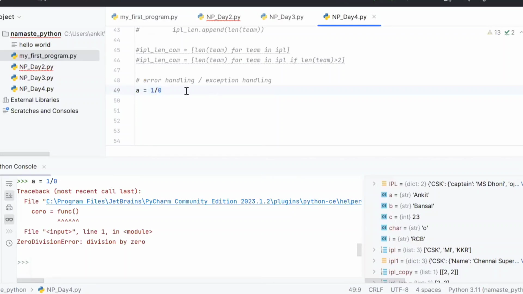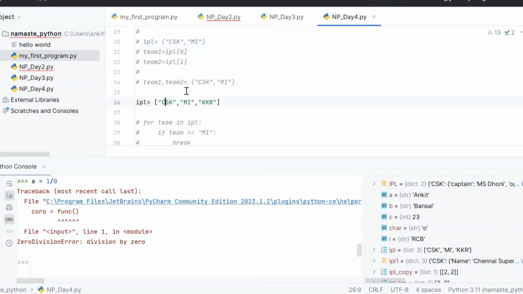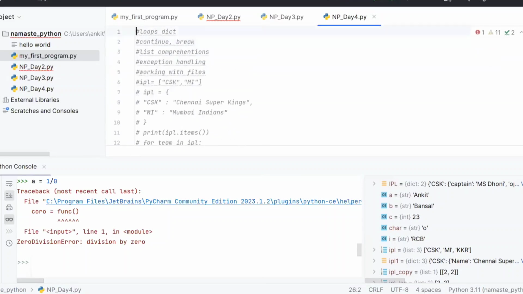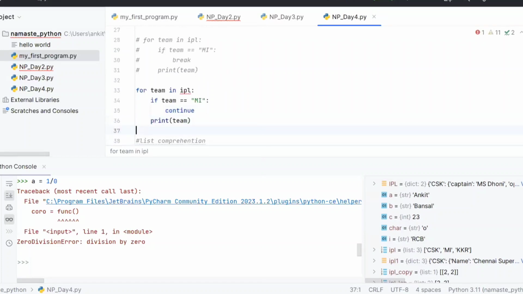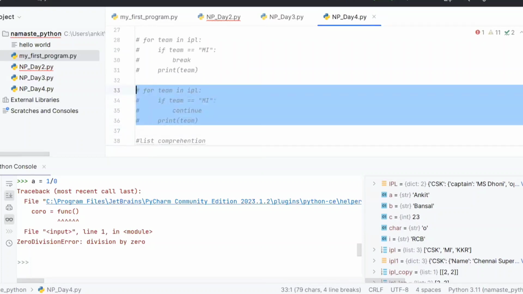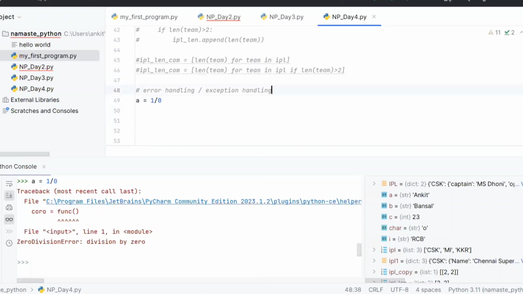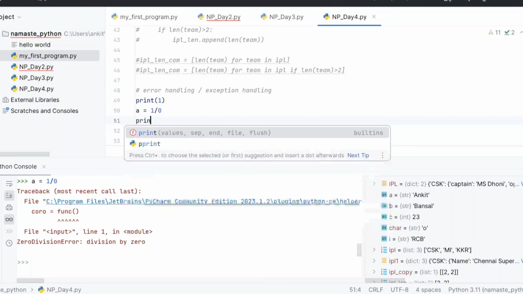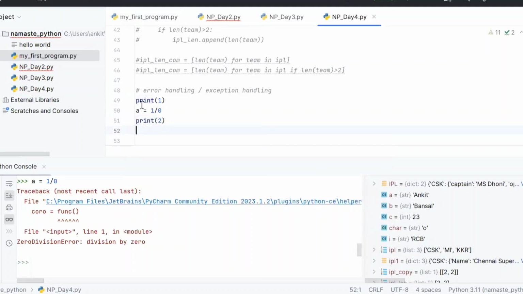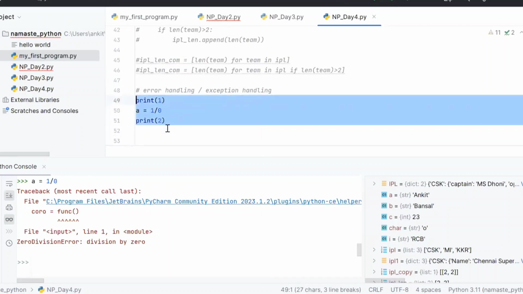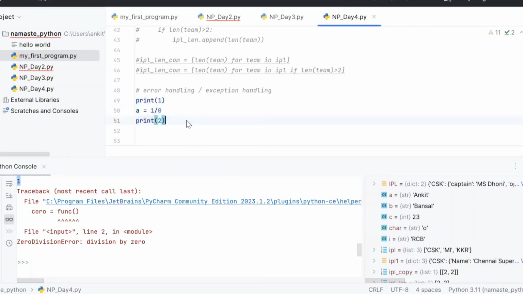So if I'm running this file, let me comment everything else. Okay, so I will say print 1 and I will say print 2. So I print 1, then I'm doing a equal to 1 divided by 0, print 2. And if I run this program, what is going to happen? Let's see. So if you see, 1 is printed, and then there is an error, and my program crashes, stops everything, and